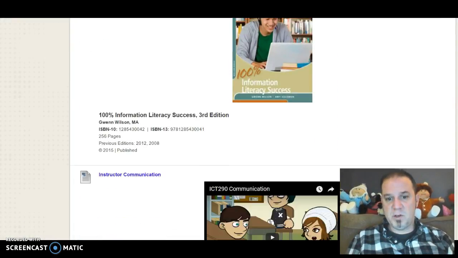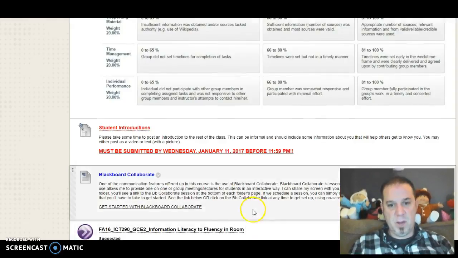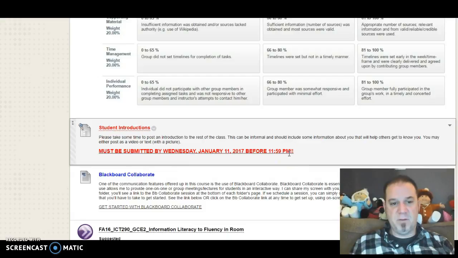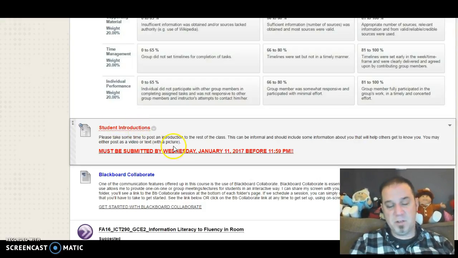Okay. Make sure that you post the initial discussion board, and the date is here, before Wednesday, January 11th, 11:59 p.m. The reason, and why it's so important, is that I use this as the official roster verification for the course. So on Thursday morning, I'll submit my roster verification to the registrar's office at the Mount, and for anybody who has not participated in the student discussion, by Thursday morning when I wake